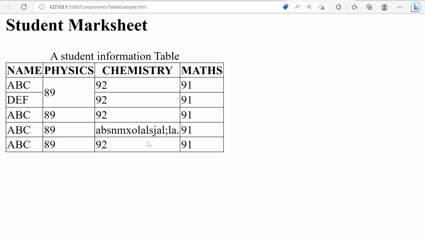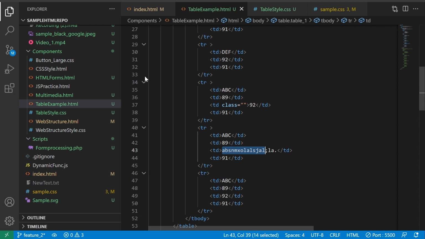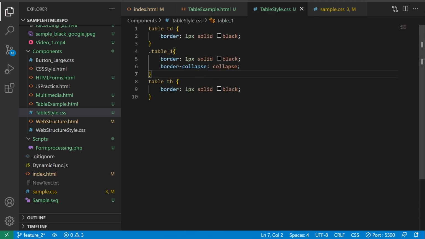So what we do, we apply width to the column and we apply one property to the table. So the column will always follow the width of the heading. Okay, the column will follow the width of the heading. What we can do for this, first we need to apply one property,